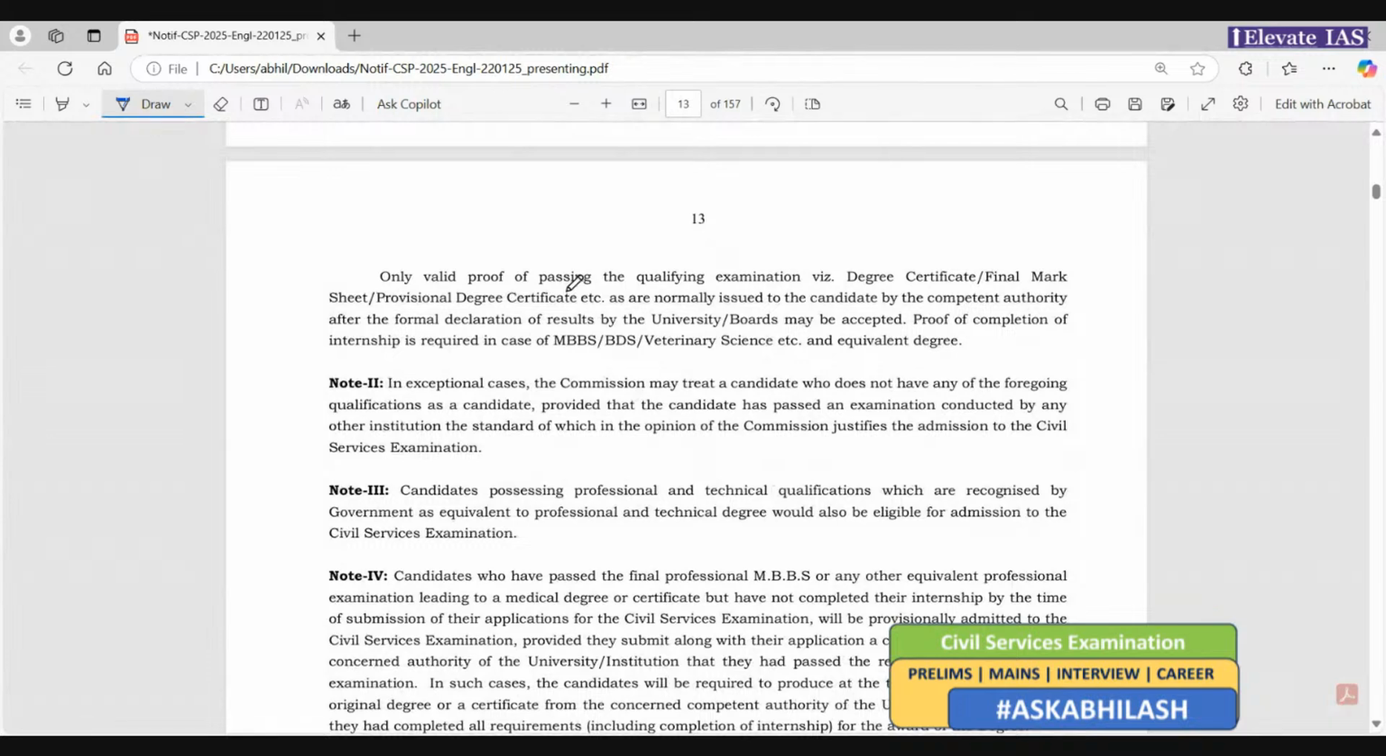आपको after this, you have to give valid proof of passing the qualifying examination: degree certificate, final mark sheet or provisional degree certificate issued by the competent authority. Proof of completion of internship is required in case of MBBS, BDS, veterinary science and other equivalent degrees. And please see that you have these things when you are giving this exam, अगर आप फाइनल ईयर में हो।